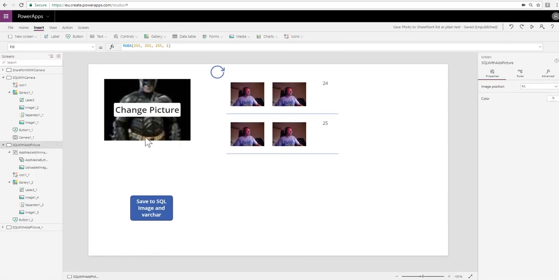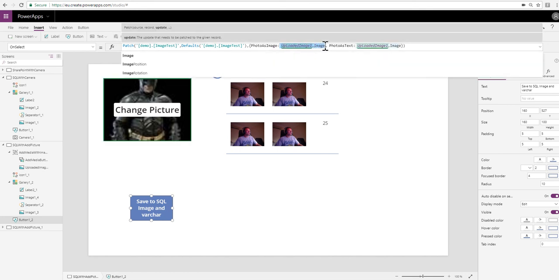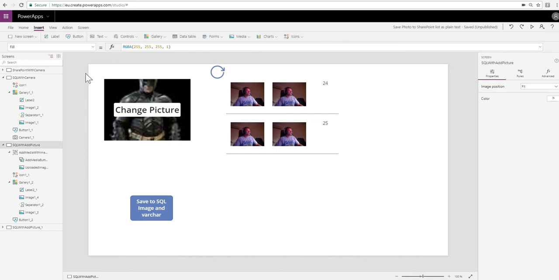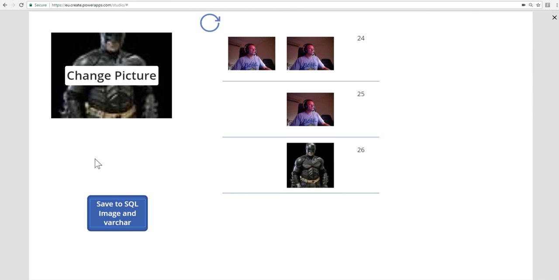with the exception that rather than referencing a camera control, this time it's referencing the add media control. Okay, and the way that you do that is you say uploaded image dot image. So rather than camera dot image, uploaded image dot image. So let's hit the button, put it in play mode, and see what we get. So drum roll please, what's going to happen? Okay,